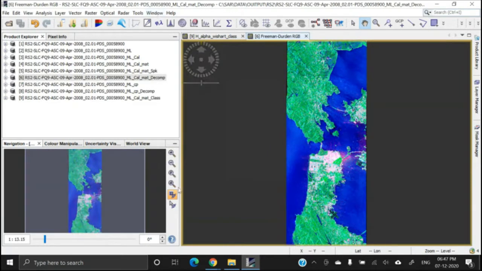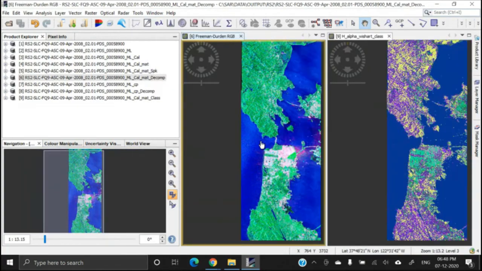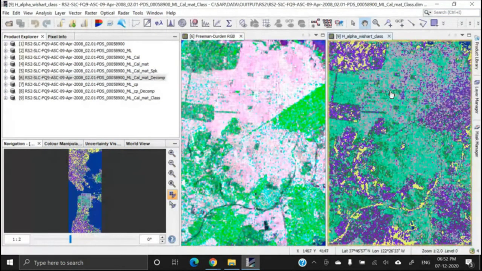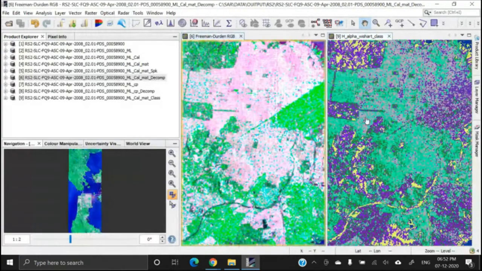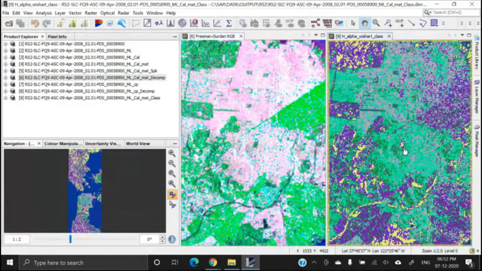Now see, link them geographically. This tool, synchronization, and then go to Window and Tile Horizontally. Here we have two windows. Activate this classified image window first.